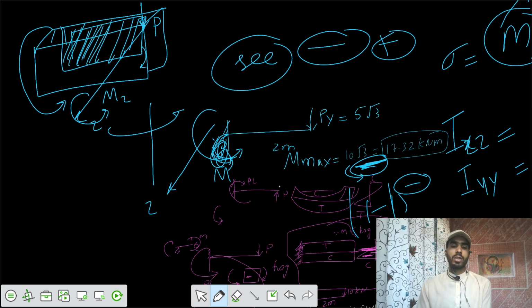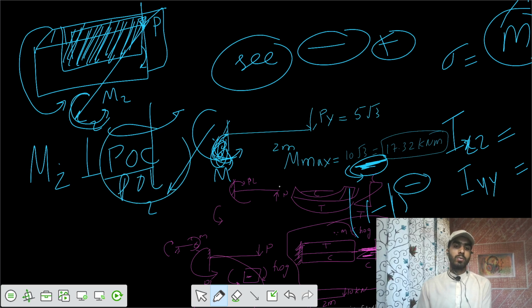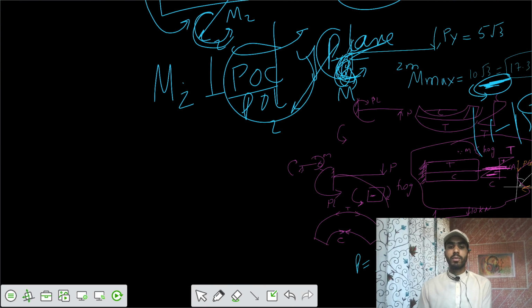Acting in the direction of that y plane, but the direction of moment is in the z direction. Moment is in the z direction, but it is acting perpendicular to that, which we call the plane of couple or plane of loading. That's the y plane. Finally, we got the moment, that is 17.32, and similarly for the loading of PZ, that was along the